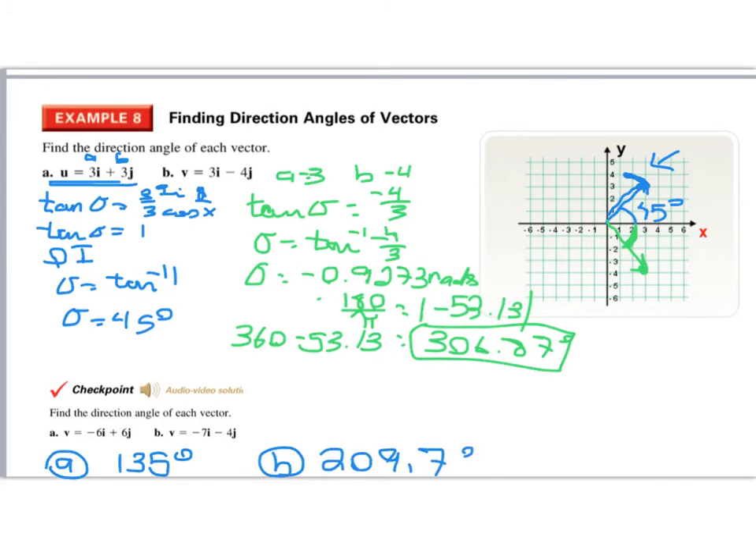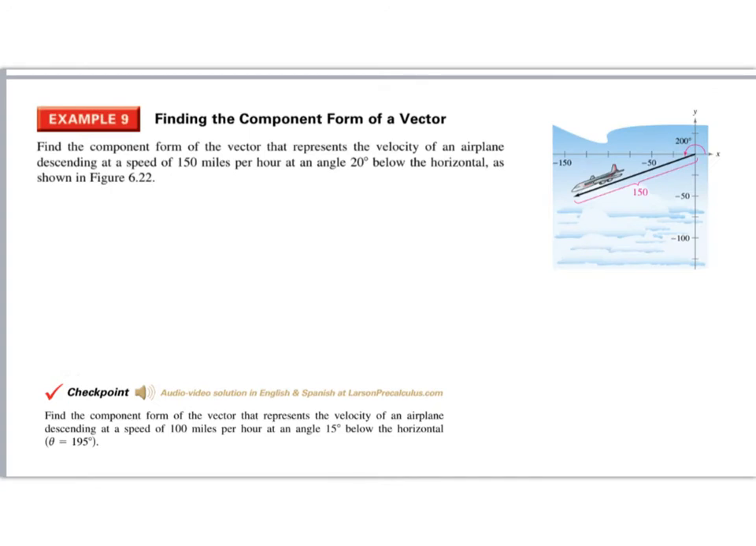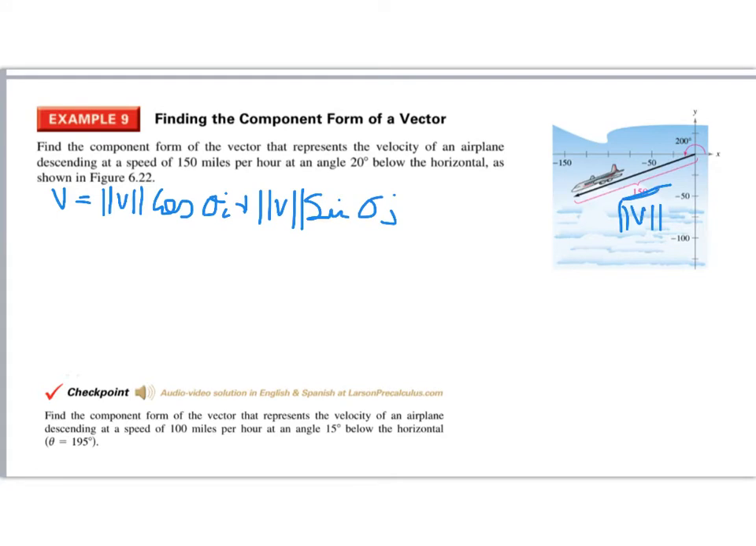All right, here's the answer. It says find the component form of the vector. With component form, remember that we just talked about this, where you do the magnitude times the cosine of theta i plus the magnitude times sine theta j. This right here is your magnitude, the 150, and here is our angle, which is 200. So we just have to go 150 times the cosine of 200 i plus 150